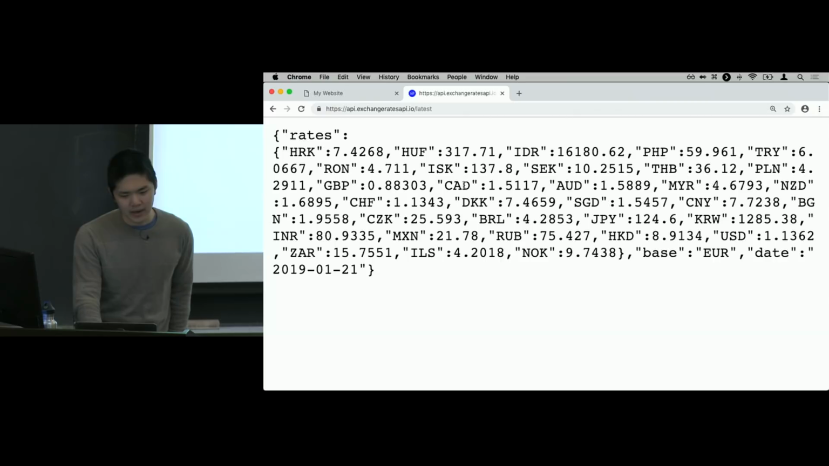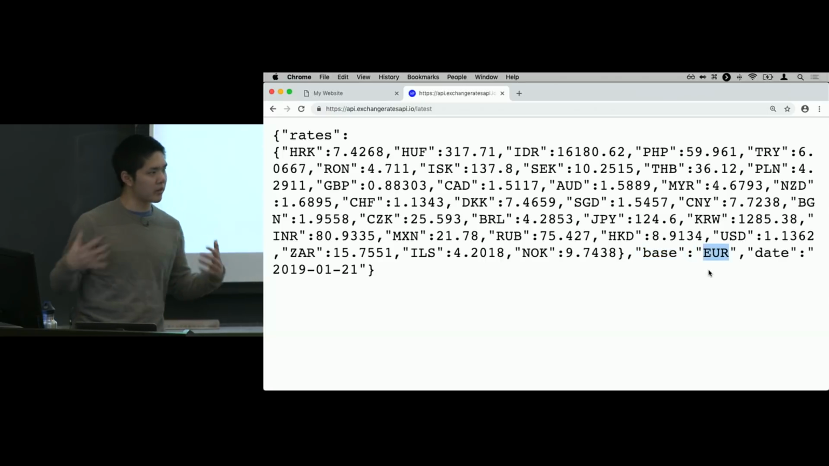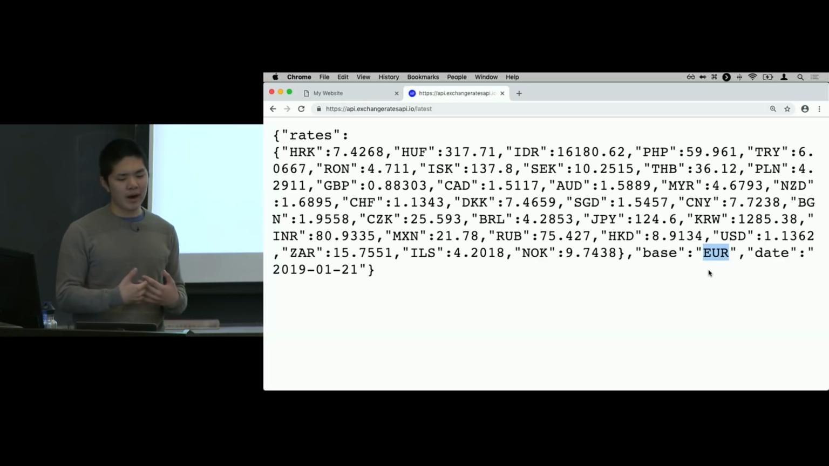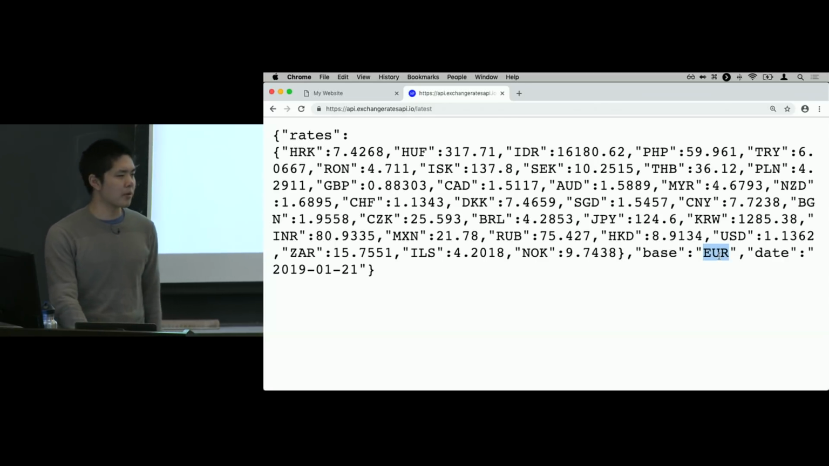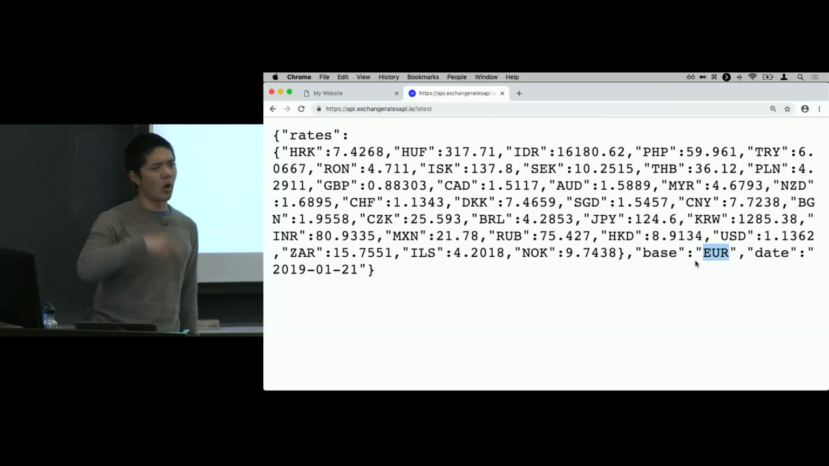And it's telling me, OK, here's how many Canadian dollars 1.5117 is equal to what base currency, 1 euro. OK, so it's giving me all these exchange rates that are potentially useful for me. But of course, I would rather not compare against the euro. I probably, in this case, want to be able to say, OK, how many of a certain currency is $1,